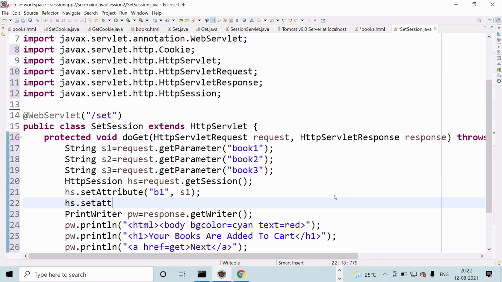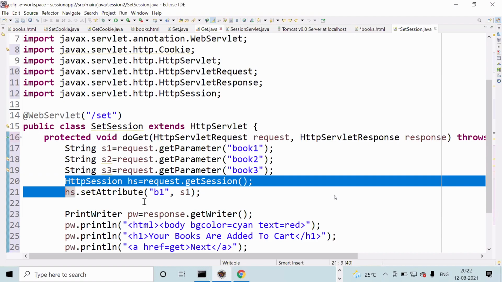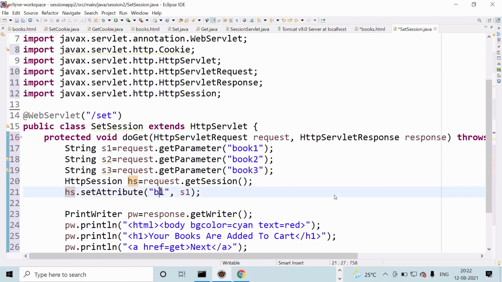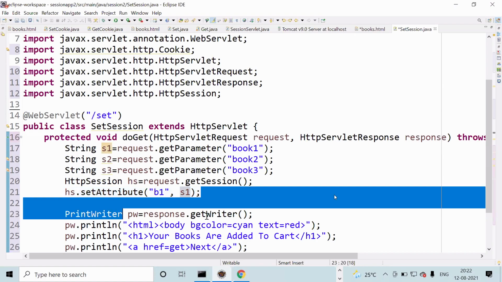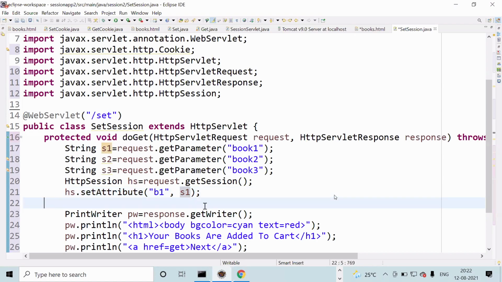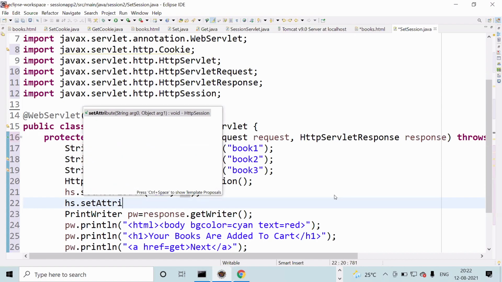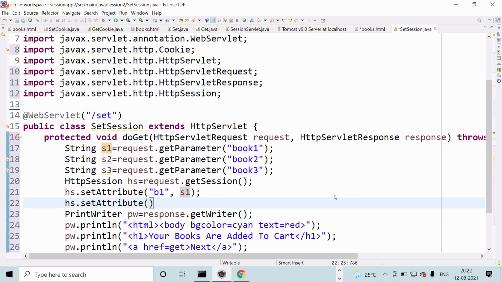Here hs dot setAttribute, the session ID is created. For that we have to add. That means it is going to be stored in server memory, b1 s1. So like this, the second one: hs dot setAttribute, b2, after this s2.